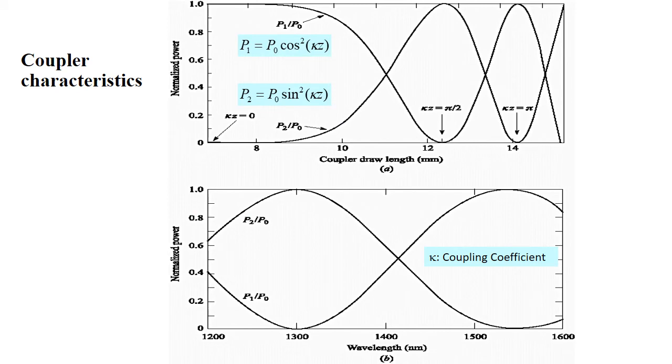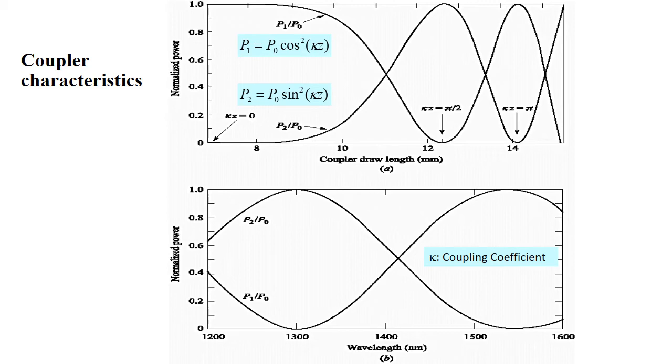Next one is coupler characteristics. Here we have assumed the conservation of power and P3 is equal to P4 is equal to 0. We may write it as P1 is equal to P0 minus P2. So then at last we will receive the equation as P0 cos squared Kz. This will reveal that there is a phase difference between the power carried by the driving fiber 1 and the driven fiber 2. That is, the driven fiber lags behind the driving fiber by pi by 2.